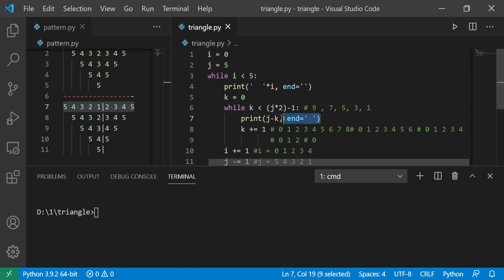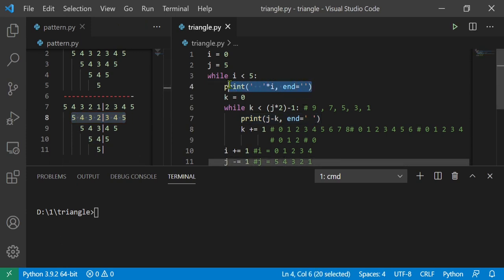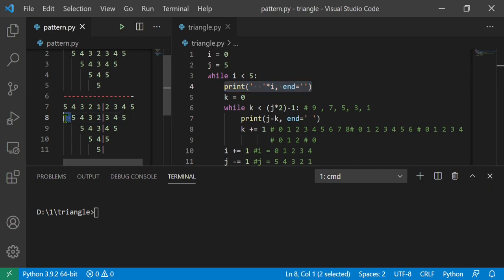Now this line is going to print these numbers, and this line is going to print the space which begins before this number. Now after printing this line we need one enter, otherwise it is going to continue everything in the same line. Let's see this py